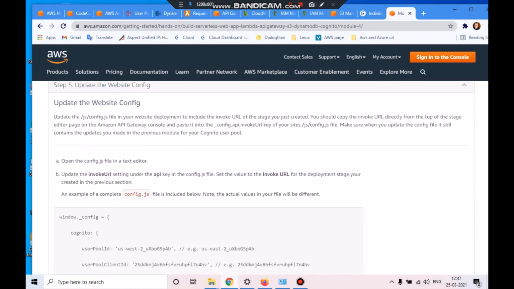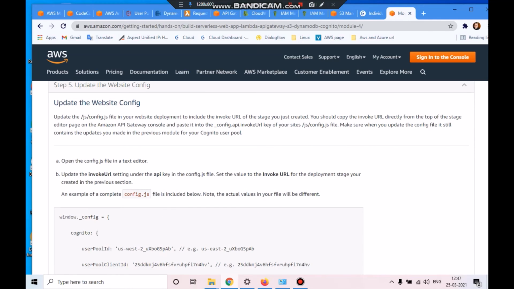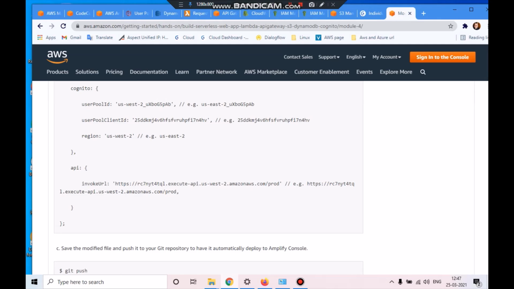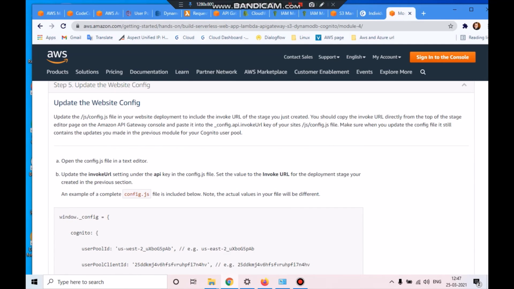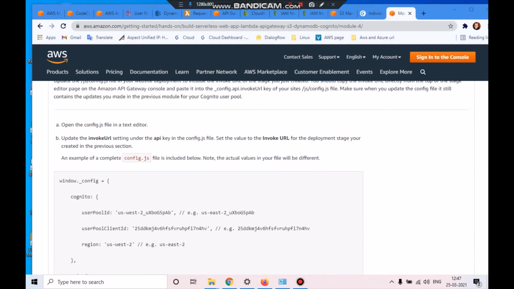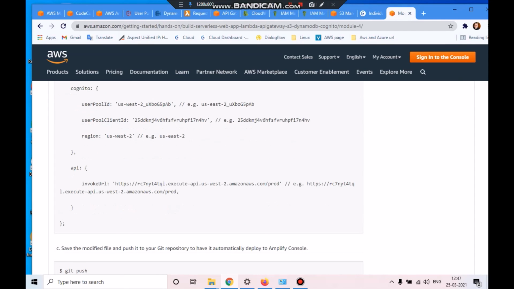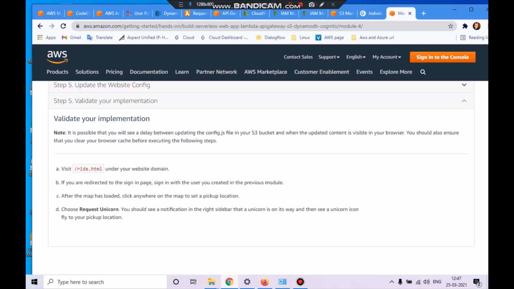Once this is completed, go back to the config.js file and update it with the invoke URL, which is provided in the API. Once we get the API key information, we have to copy paste it into config.js. Once that part is completed, just do a git push.